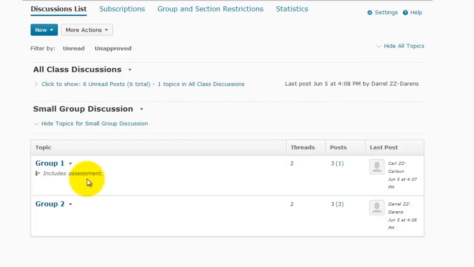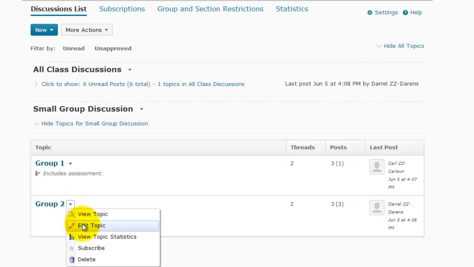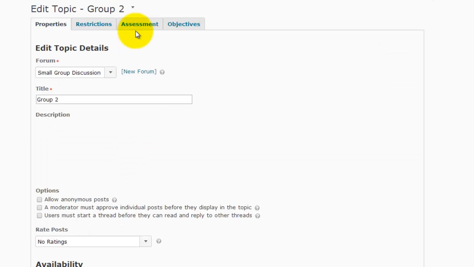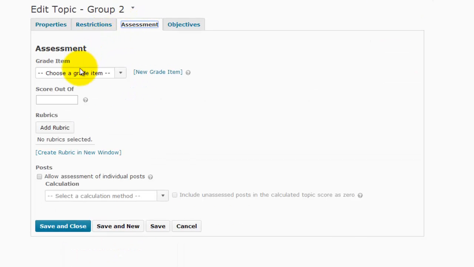So at this point, the logical thing would be to connect Group 2 with that same grade item. And if we try to do that, we get an unfortunate surprise, and we cannot connect to the grade item because it does not show up in our list of grade items. That's because